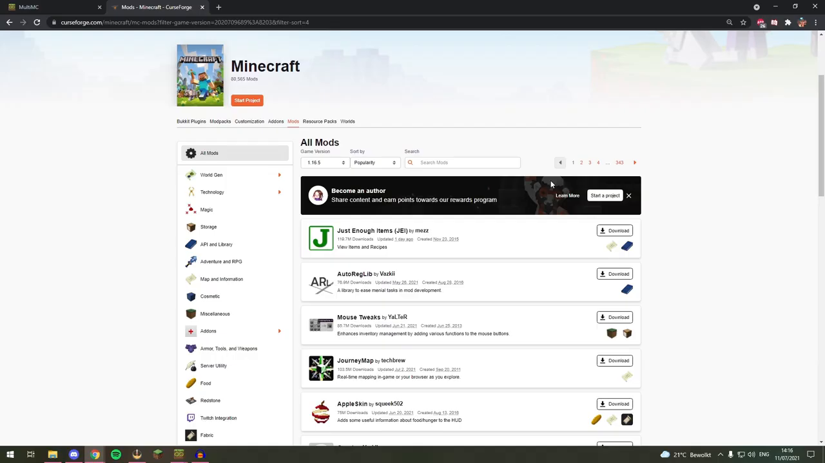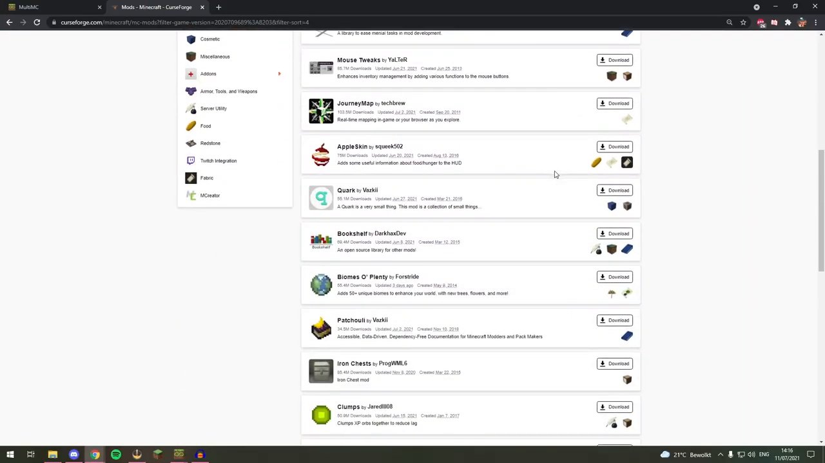And from here is where you're going to actually start looking for the mods that you want to use. Now, quickly scrolling down, I'm going to immediately download the Quark mod because I've already used this mod in the past and I really like this mod. I'm going to click on download, and then it's going to bring up a new page where it starts to